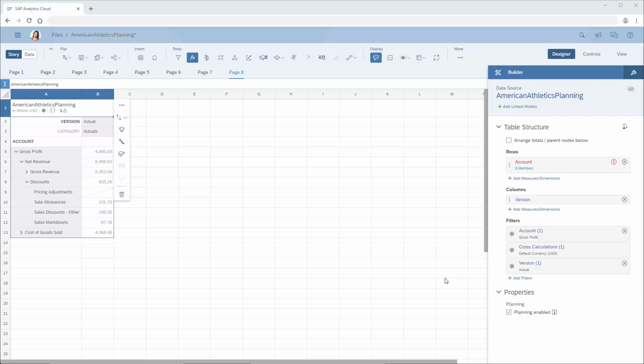For example, when we view the data in a table that doesn't contain the product group dimension, the account dimension shows a warning, and no values display in the cell for pricing adjustments. When we add the product group dimension to the table,